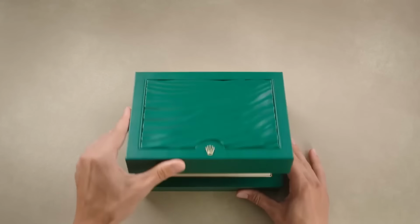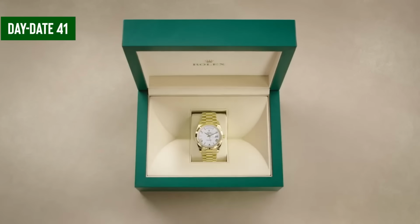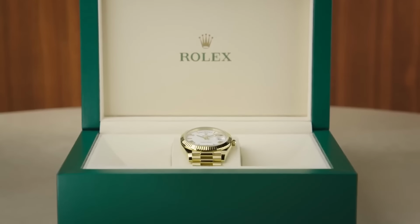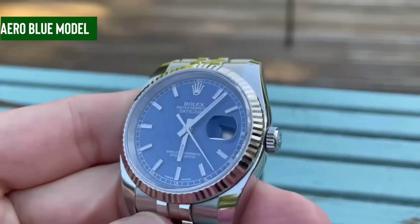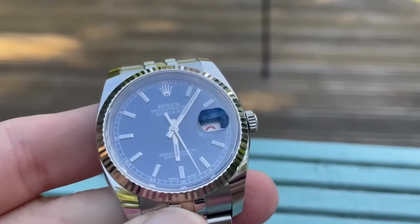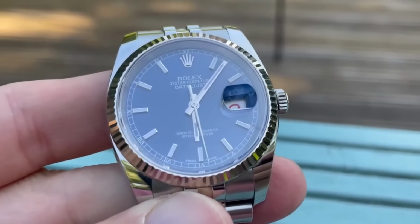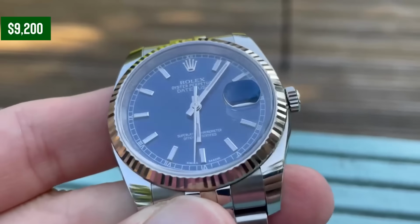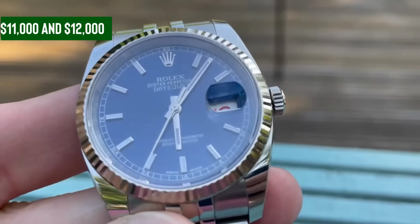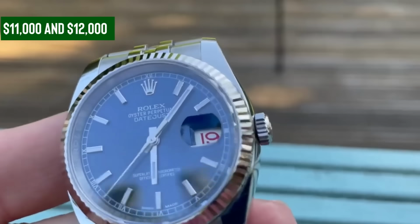Diving deeper into April's top sellers, the day-date 41mm remains a strong contender in the Rolex lineup. Particularly captivating is the Aero Blue model, a rare gem that captures the eye with its unique hue. Retailing directly from Rolex at about $9,200, we've seen these beauties leave our store for between $11,000 and $12,000, reflecting